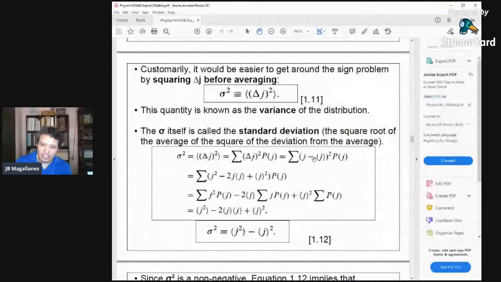So you have J minus average of J, squared, and then when you expand it, that's J squared minus 2J times the average of J plus the average of J squared, times PJ. And then you expand it again. This one is just the average of the squares,